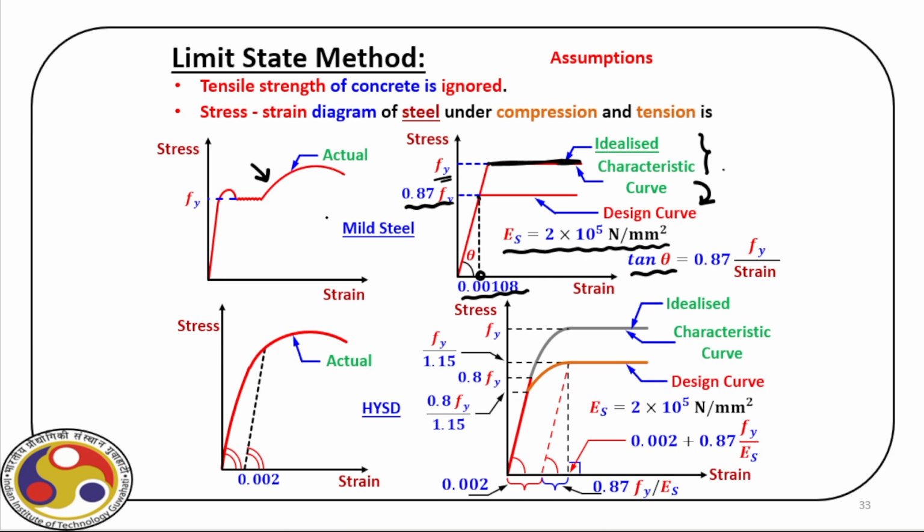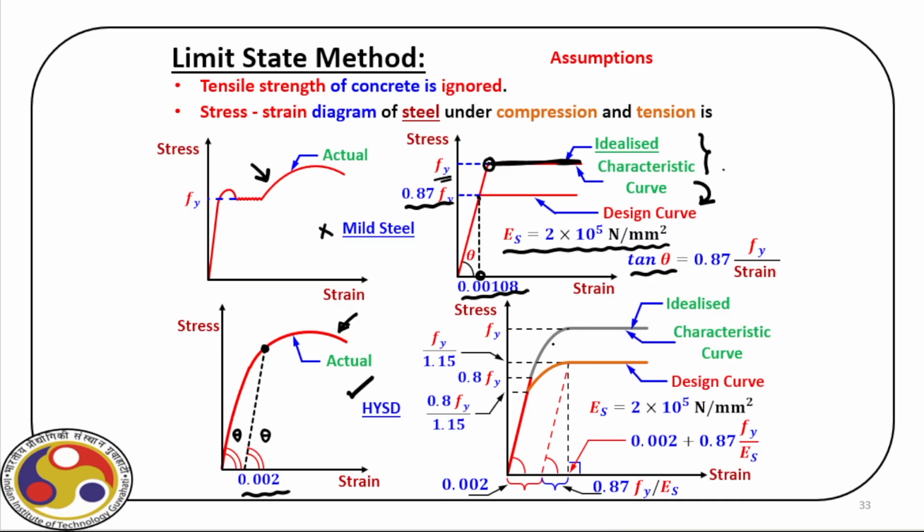Now, as I already told you, we're not going to use this mild steel, so we'll not use this. So what we'll do, we'll use HYSD. And for HYSD, again, the actual stress strain behavior is shown here. Now, because there is no sharp yield point here, what we do, we consider 0.2% strain. Then we draw a parallel line with a slope, if this initial slope is theta, with that line, and the point we get here is actually the yield point.